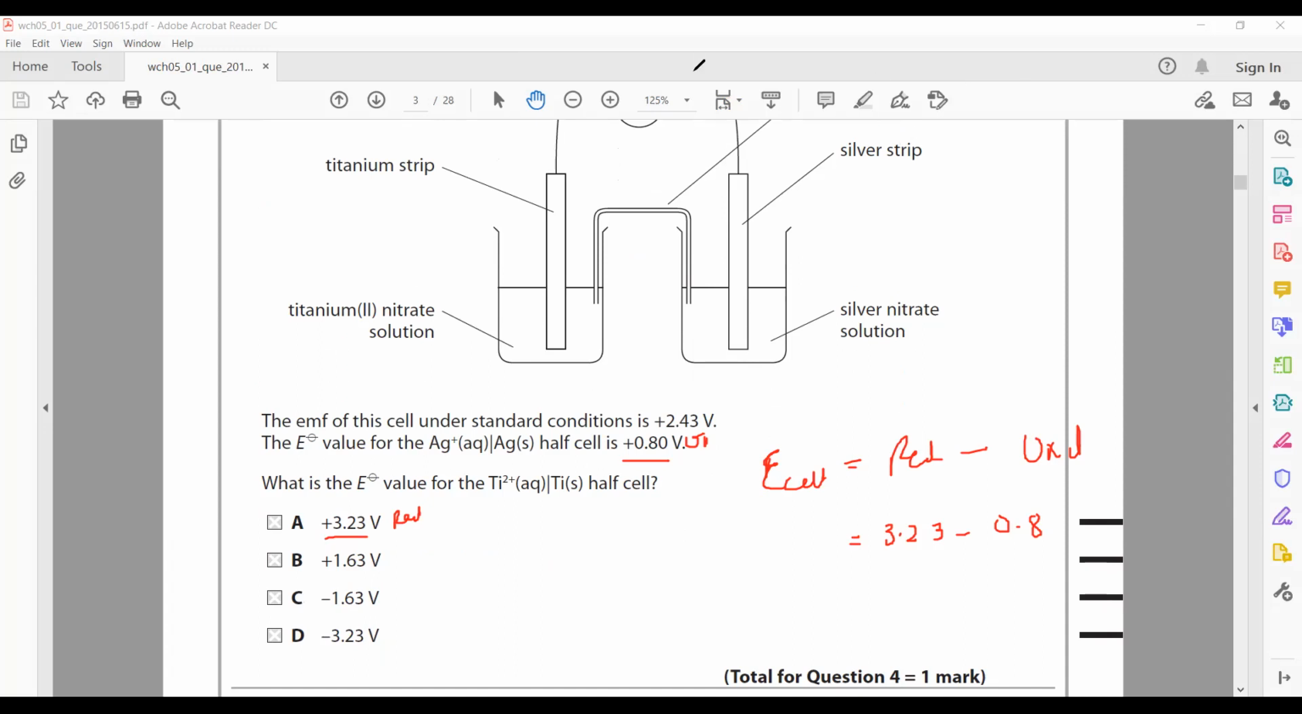Same way when you check the other options. When you work out the other option, the titanium ion is